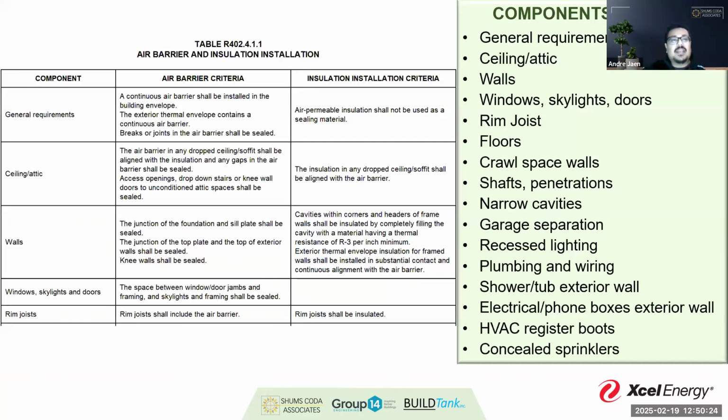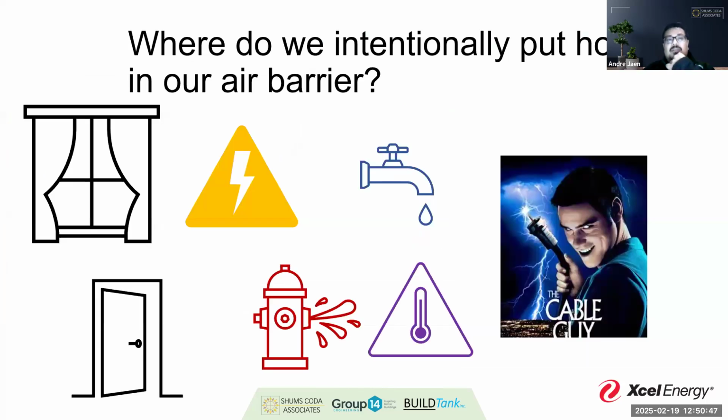402.4.1.1, where we get a breakdown of our ceiling, our walls, our attic, our penetrations, our narrow cavities, our recessed lighting, right? Each iteration of the code has added to this chart in some way or another, and each of these should be provided as a detail in your plan in order to be able to say, okay, I know what the air barrier is in this circumstance, and to make it clear to everyone who now has to go and seal all those penetrations. You know,